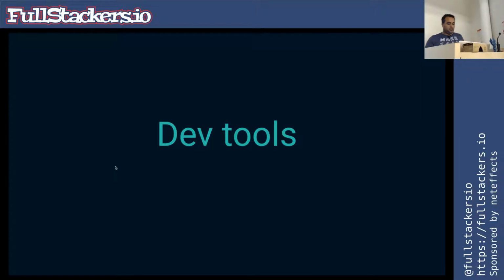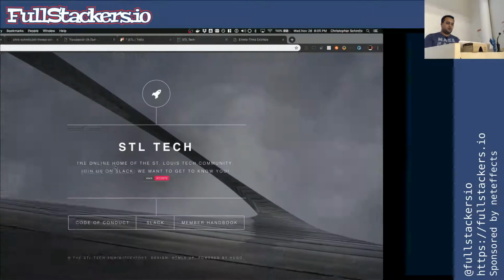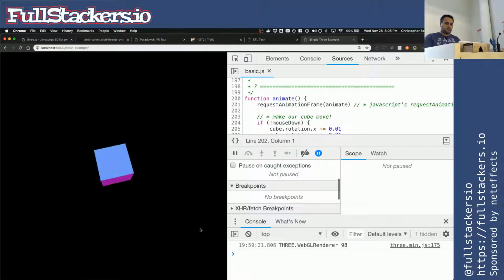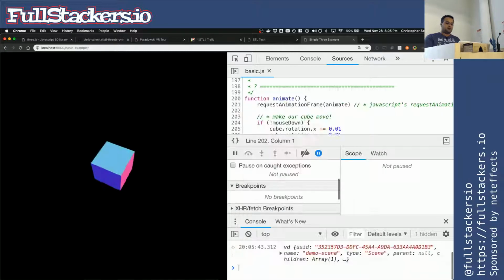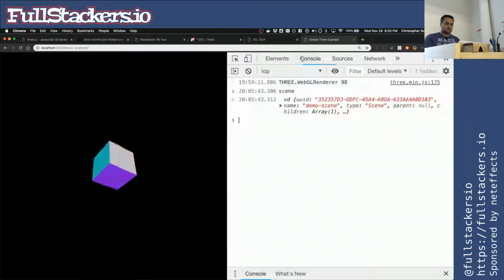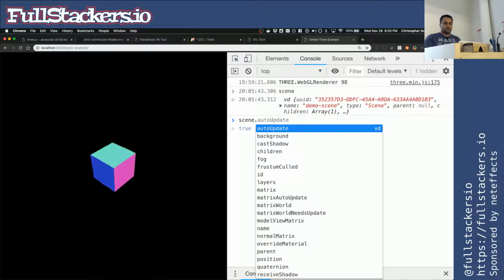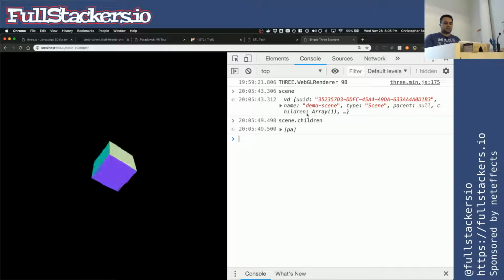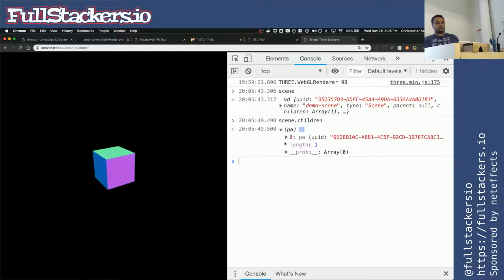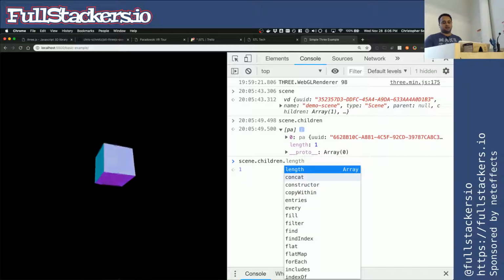Whenever you attach the scene to the window, as in this example, I can just type in scene and get access to that scene object. Then I can look at the children of the scene and navigate through it that way and interact with it. Really, when we were building these Three.js experiences, that ended up being the main way that we interacted with stuff, either diving through the scene or doing things like